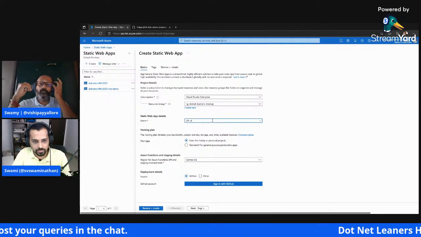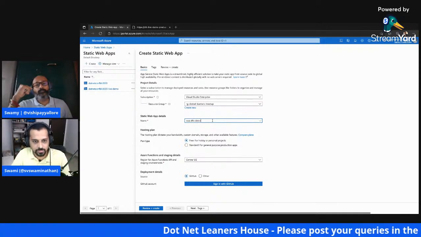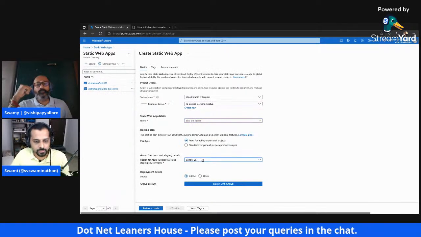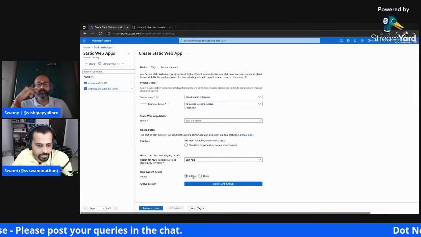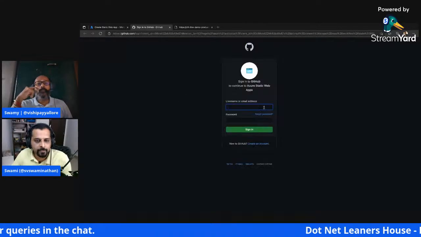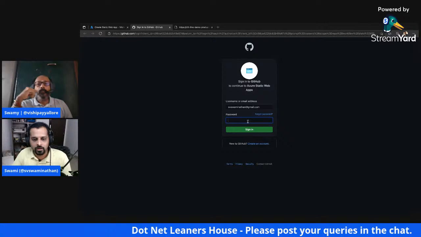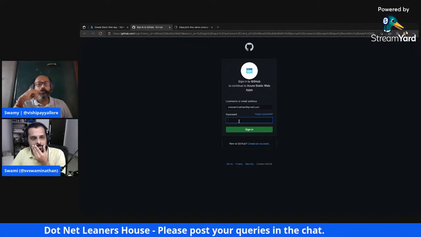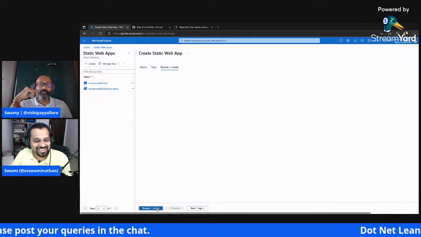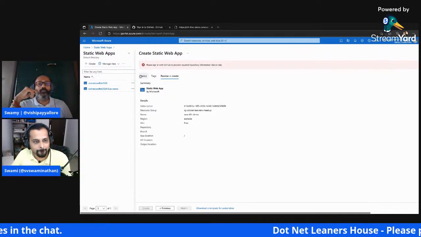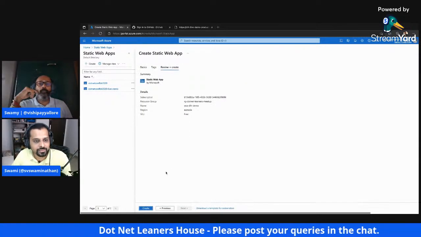pipeline. So I'll say, okay, I should have used this static web app. Let's demo a free one, and I don't think free would be available here. For now I'll use East Asia, and you can see here as GitHub source, right? You can sign into GitHub, right? And I assume I would have something here. I don't know if I remember my GitHub password. Okay, that's a bummer. I think I can also do it after that, or no? It's not allowing, is it? Let's say other. Yeah, I need to recollect my GitHub password.